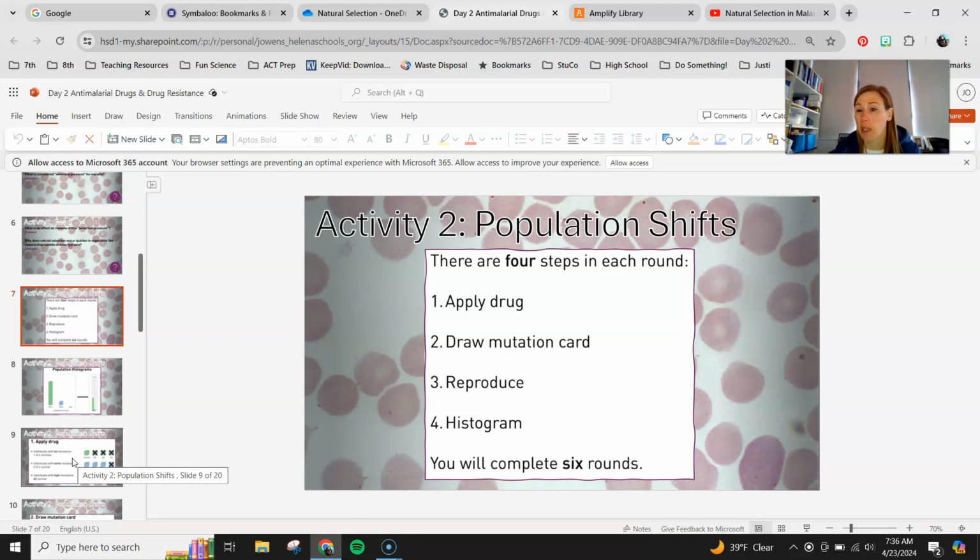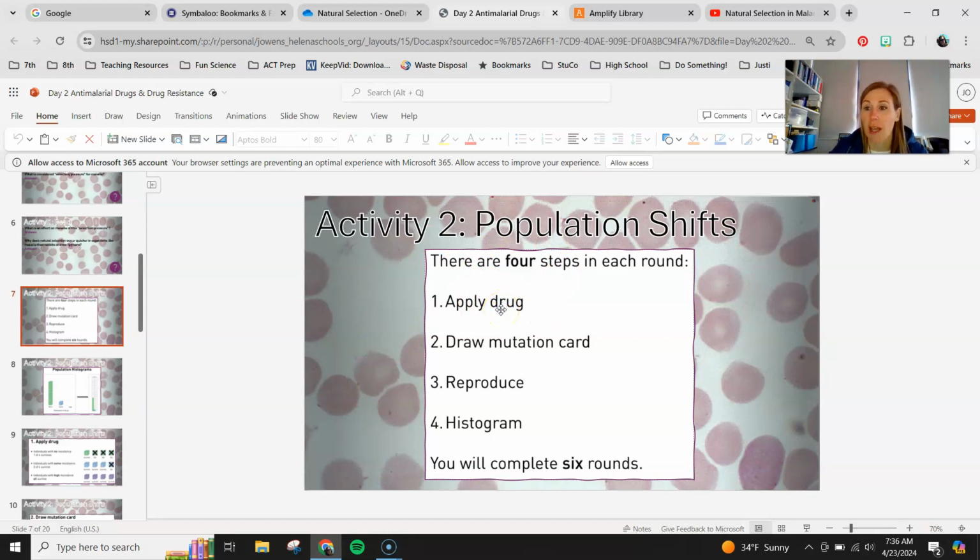Okay, if we apply a drug, we're going to kill most of them. Not 100% of them, but most of them. And then the blue cubes are going to represent those parasites with some resistance. And finally, the purple cubes are going to be high resistance, meaning you're going to apply a drug and you're not going to kill any of them because they have kind of a little shield built up to protect themselves from that drug. So the first step is to apply the drug, and you guys are going to see that